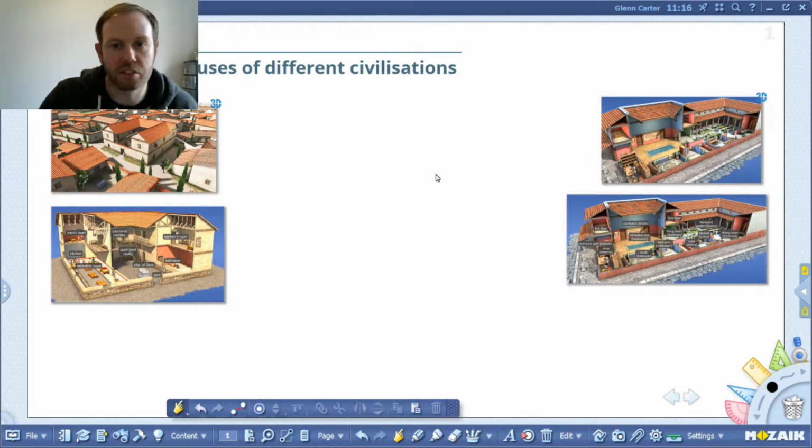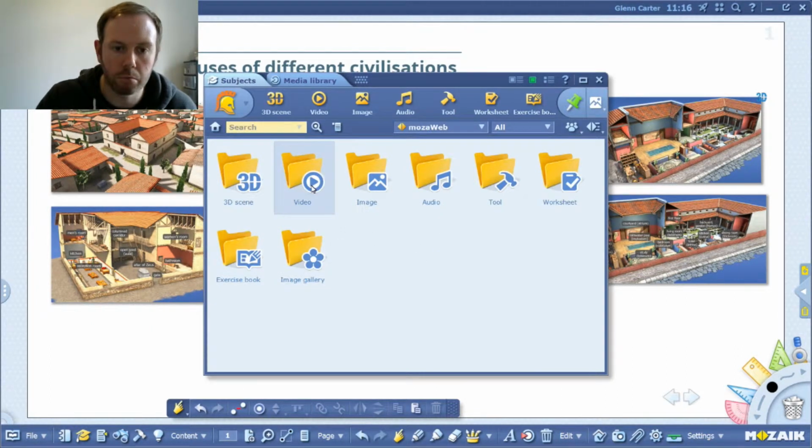Obviously I would go through each of the scenes and I'd talk to the children about it, and we'd go through some of the information on the information panel and what have you, get to understand it. But I might also want some other content in there as well while I'm teaching. So if I go to the content again, I go to history. MozaBook also have a collection of images, audio and video, but what it also does as well, if I go to say video here,